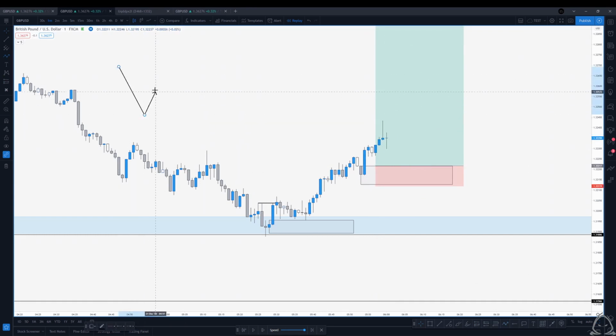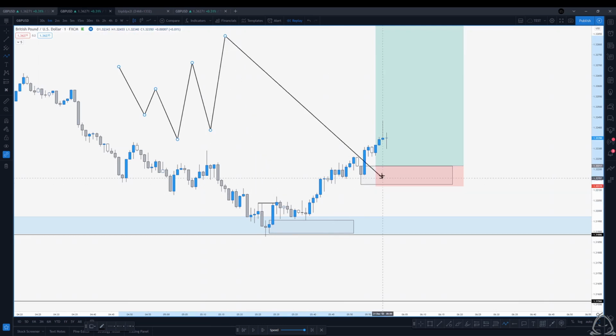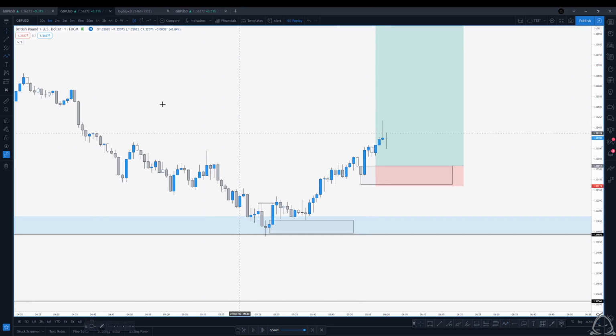So we have this, we broke structure, which was this break of structure right here. We've come down, we tapped into it, although it wasn't a convincing tap, we didn't get triggered in, but it was a tap nonetheless. Moved to the upside, we've broken structure. We've been able to identify a clear point of interest. So if I'm going to redraw this just a little bit,